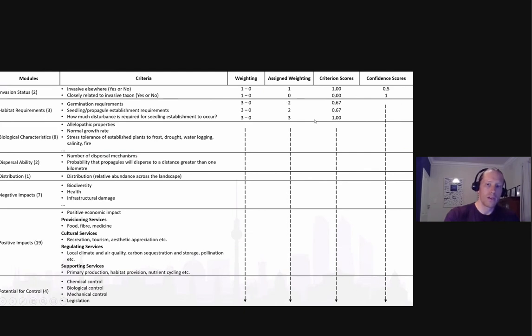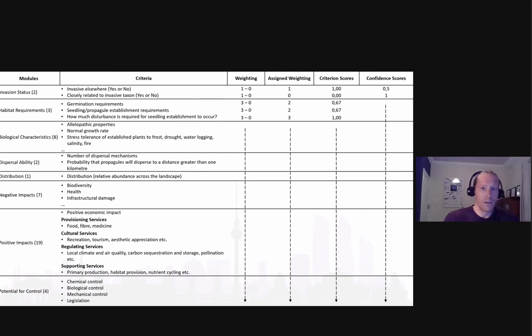An assigned weighting, criteria scores, and confidence scores. So I'll just briefly go through each of these now. And this is all based on that framework by Robertson et al. We just tailored the criteria and the various levels of criteria accordingly.